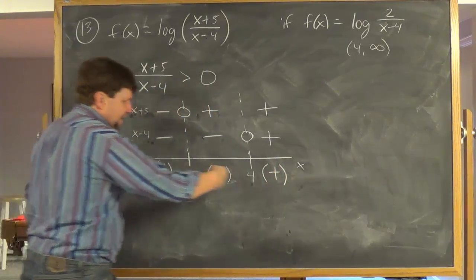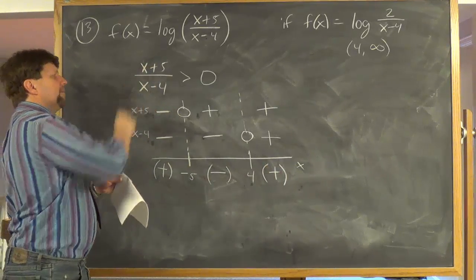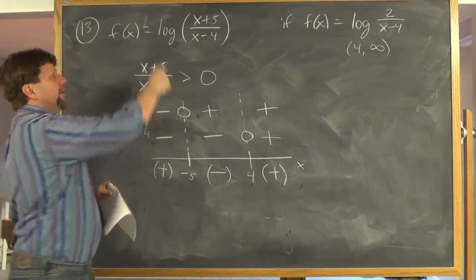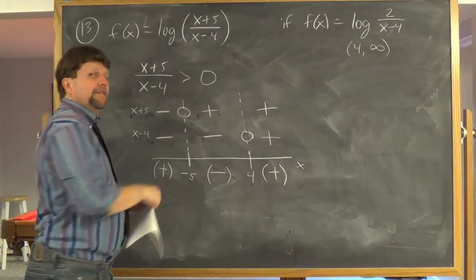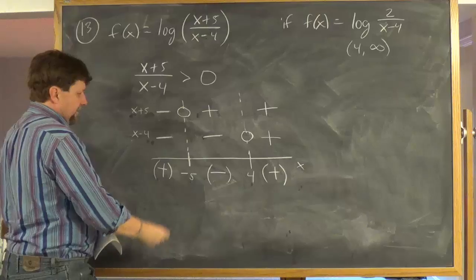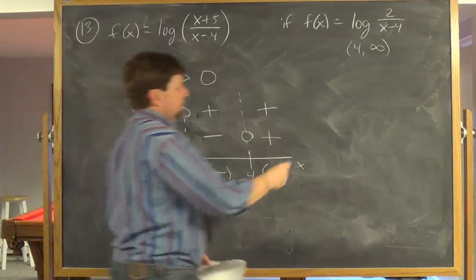And it's this line here that should answer the question. We want to know, when is this x plus 5 over x minus 4 greater than 0? Because we can only do the log of positive numbers. So when is it positive? When is it greater than 0? Well, in this interval and in this interval. So my answer,